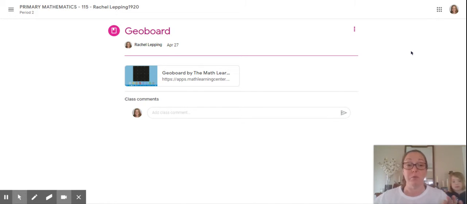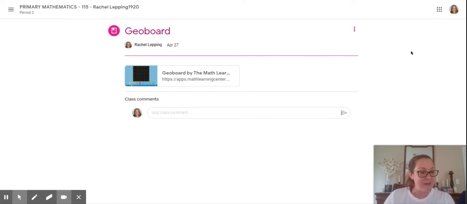All right, the reason I'm using Screencastify is because I'm going to be using this thing here called a GeoBoard, which you now have in your Google Classroom. I'm going to put this in this lesson today, but it's also going to be located under the tab in Google Classroom for Math that says manipulatives. So you can use this anytime you want to do geometry and to create two-dimensional shapes,